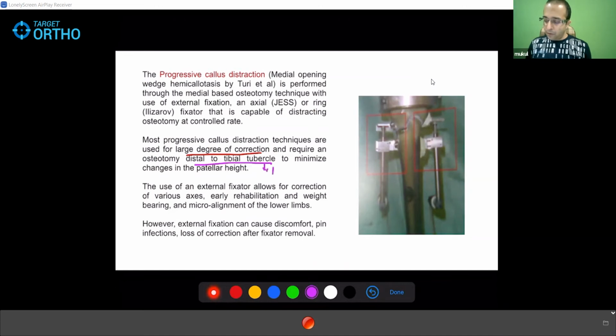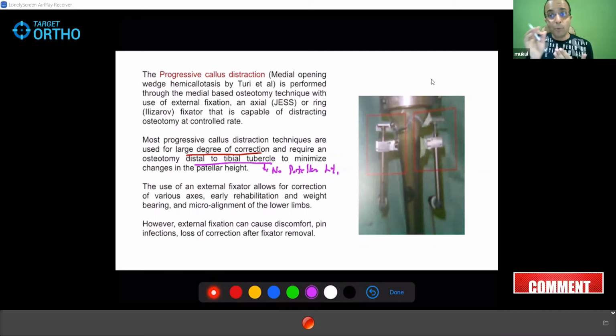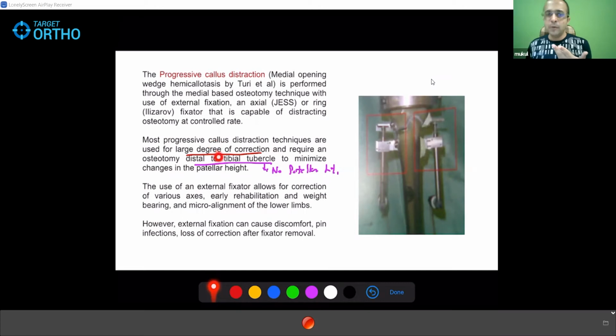So this means no problem with that patellar height because you have performed an osteotomy below the tubercle, because conventionally you perform the osteotomy above the tubercle because you have to cut in the most cancellous part of the bone in a normal standard open wedge technique or a closed wedge technique. So here union will never be an issue because you're going with distraction histogenesis. So you can go distal to tubercle. So you can overcome those disadvantages of the standard techniques. But again, the problem, that external fixator, that discomfort, it's very troublesome, keeping it for months. So again, not a popular technique.